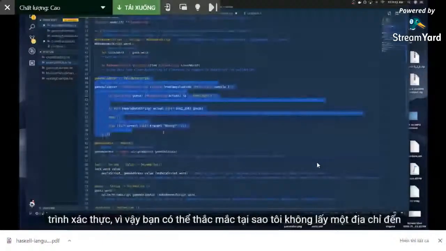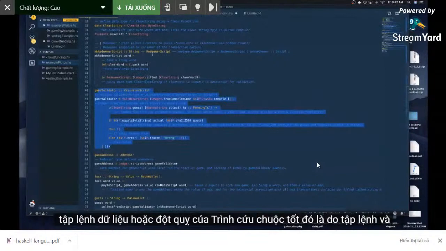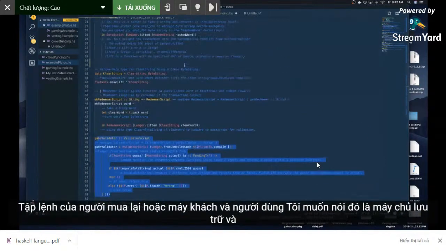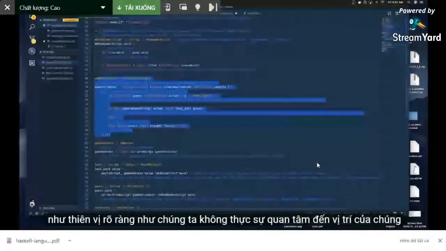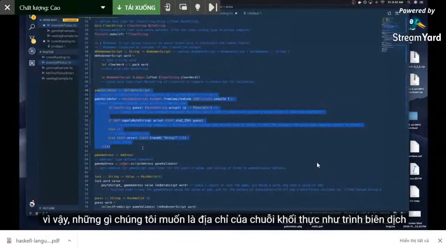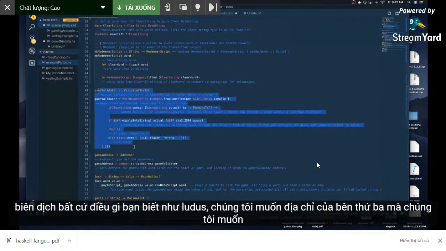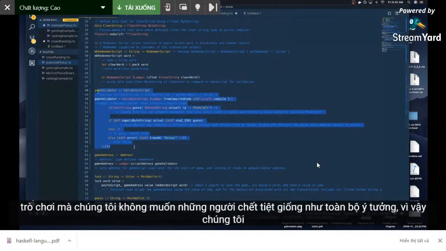You might wonder, why isn't it taking an address to the data script or the redeemer script? Well, that's because the data script and the redeemer script are the client and the user, or rather the host and the client. We don't want the address of the host or client, because that's biased. We don't really care where they're located. What we want is the address of the actual blockchain compiling Plutus. We want the third party address. We want the game, not the people. That's the whole idea. So we get the address of the game,